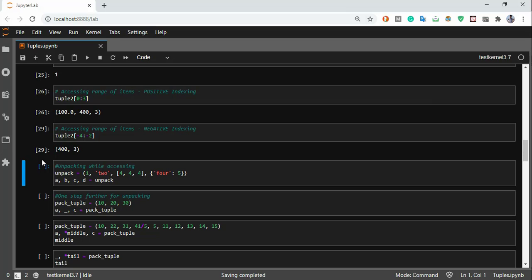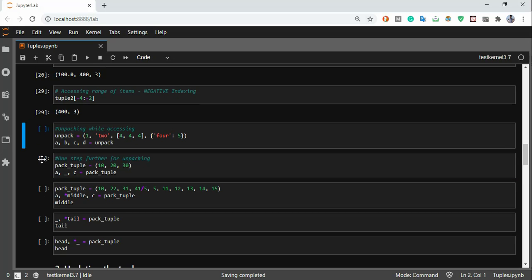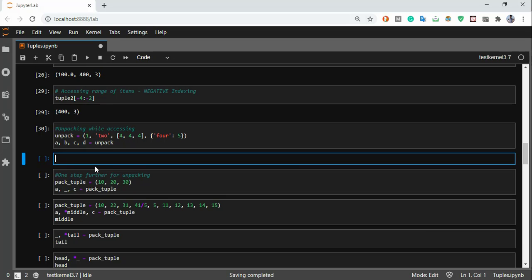So another concept that you may have often heard about tuples is tuple unpacking, right? When I talk about unpacking, it allows me to access individual elements. So let's say I have a tuple unpack which has a few values, as you can see, a list, a dictionary, a string, and an integer value. I want to assign all of these values to individual variables. I'll just write something like this, separated by commas, like a comma b comma c comma d. I've written it 4 times because I have 4 values inside the tuple. So you see the values are assigned.